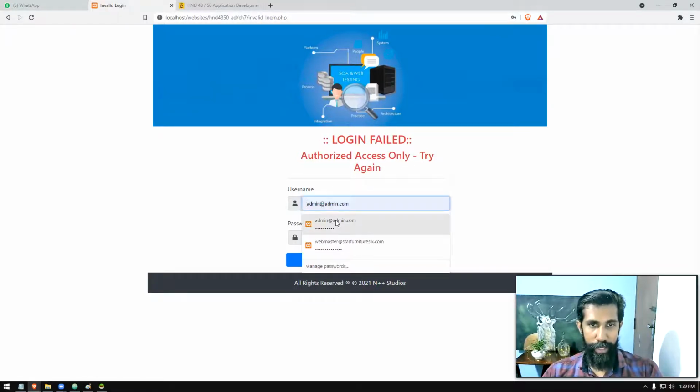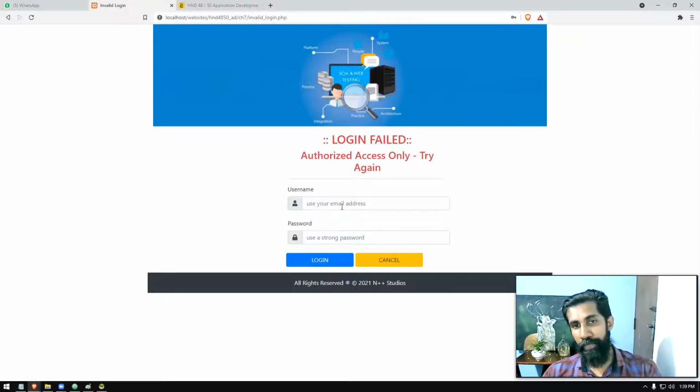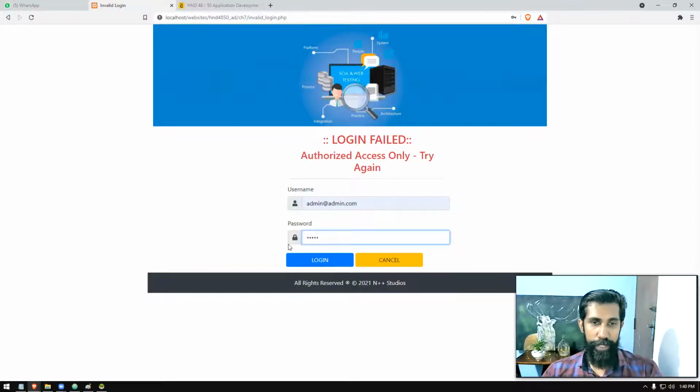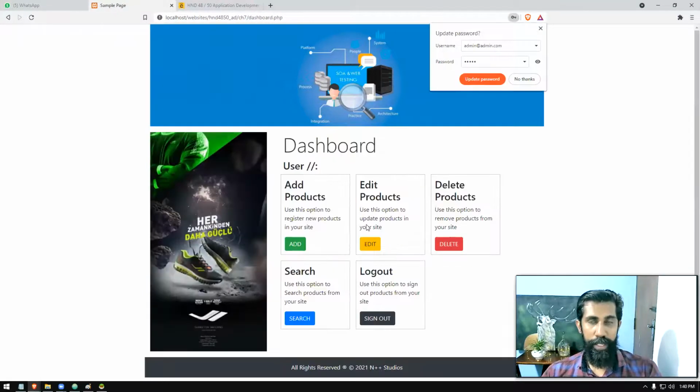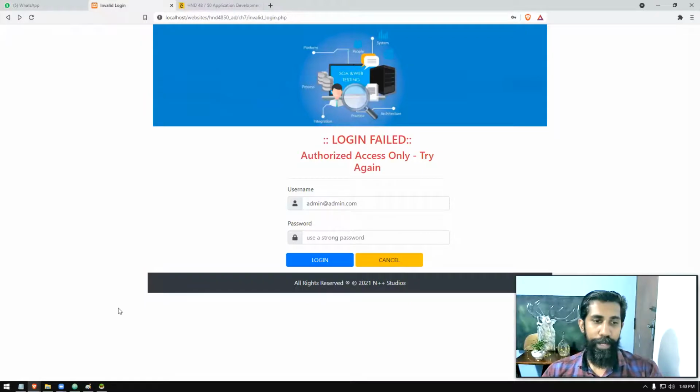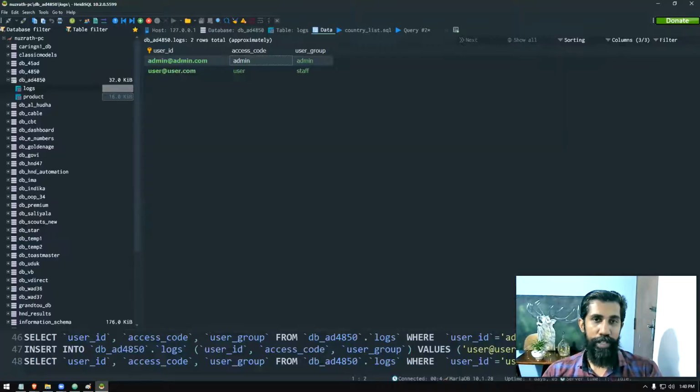So if you try again, I'll make a mistake. Still we are here. We are not going to go out of this place until we give the correct username and password. So if I hit the correct username and password, then I can land on my dashboard file. Okay, right. So we have correctly built the overall mechanism of this part. So there's one major lacking of this one, which is the encryption. We're going to do it in version 2, which will take about another 15 minutes. Let's do it after you practice this.